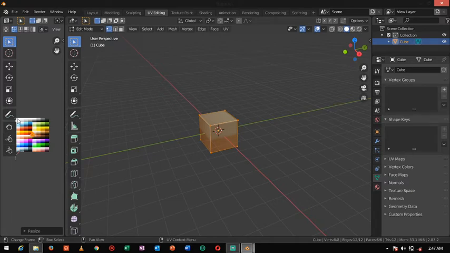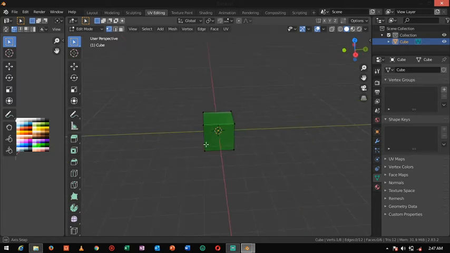I said that if you want to move anything to any place, you can use G for grab. First press A, then G to grab here. Whichever color you want, you can give it. Like I want green color, so move here. Now you can see it's fully green.